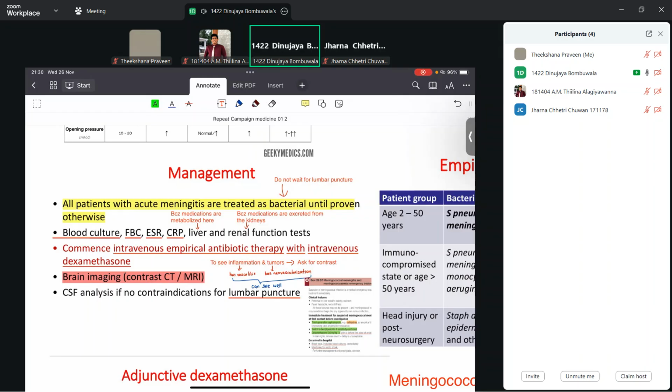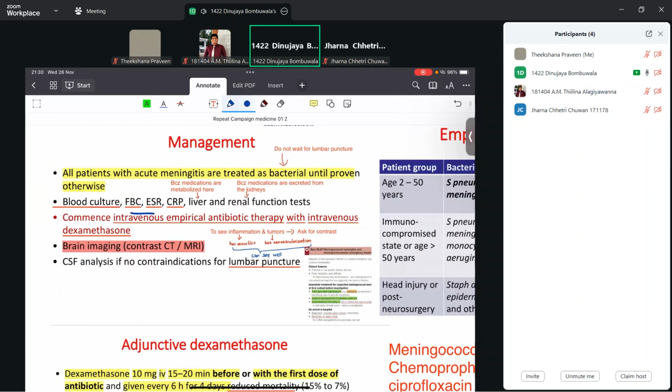So these are the investigations we talked about, and the other thing I wanted to tell you is that in adult meningitis, we have to give IV dexamethasone with the first dose of antibiotics as well. It causes reduced inflammation within the meninges. But this practice is not done in pediatrics, and you should remember that as well. The IV dexamethasone or the steroids are only given in adult meningitis.